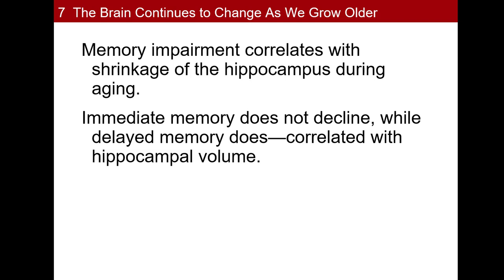Now, as we're thinking about development as a lifelong process, development begins at conception and ends at death. It's an ongoing process. So as we get older, what tends to happen? One thing we typically see is a loss in memory as the person gets older. This can be disconcerting.